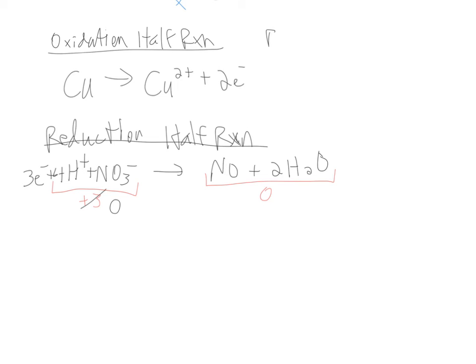So we've got to think of the lowest common multiple between those 2 numbers, which would be 6. To get to 6 electrons, we're going to take everything in the oxidation half reaction and triple its coefficients. And we're going to take everything in the reduction half reaction and double its coefficients. Upon doing that, we're left with